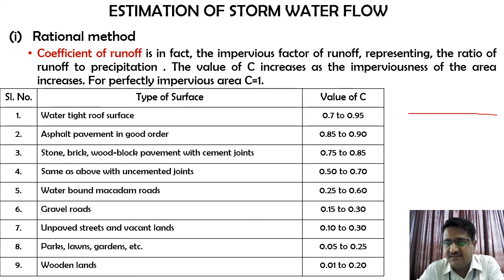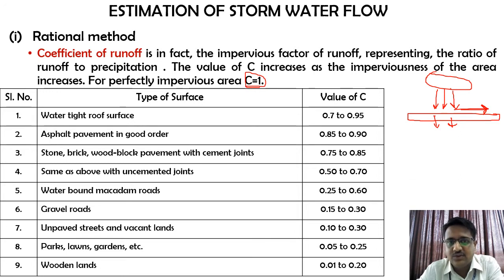imagine I have some impervious material, or a base. At this point of time, whatever quantum of water, whether through rainfall or any other source, comes here, this entire rainfall will be directly coming out as runoff. The reason being, there is no absorption, neither is there any infiltration. So that's why the entire quantum of water will be taken out as runoff. So if this is the case, then your value of C will be 1.